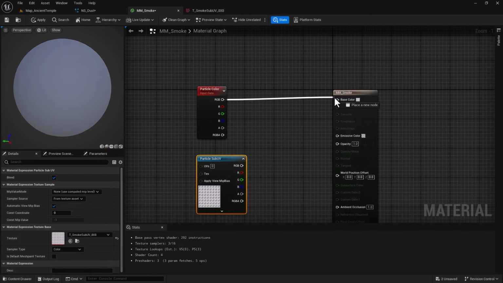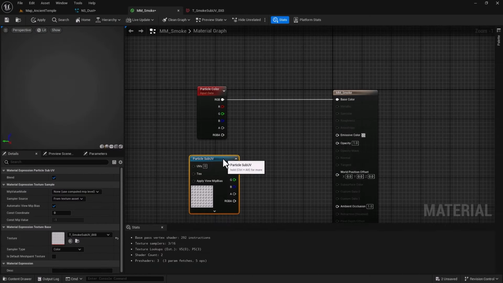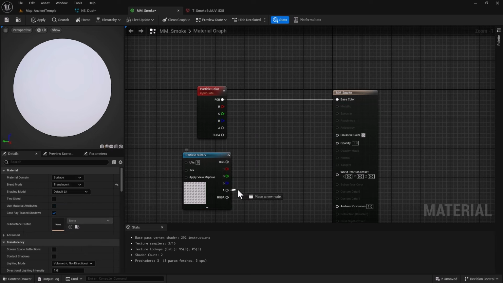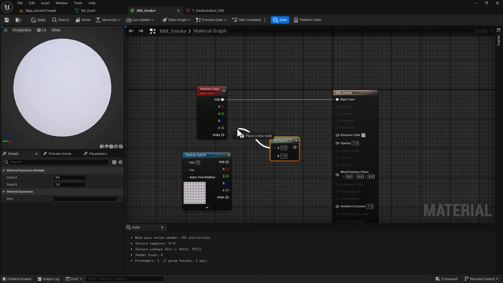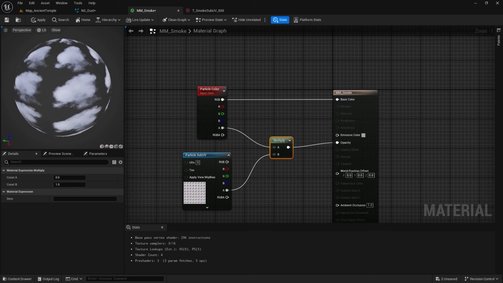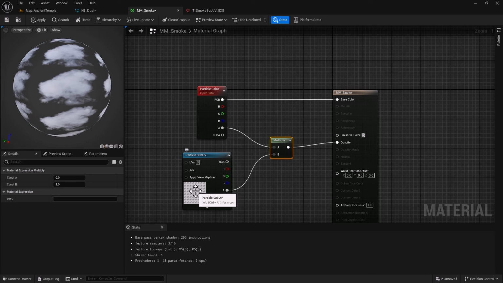Obviously RGB, go to base color, and I would like to get an alpha here and get an alpha here and multiply them so they go into opacity. So I'm going to hold down M on the keyboard and single left click, A to A, B to alpha of our particle sub UV, and the result goes into opacity. And what I'm getting is the puff of smoke, but the color of it will get controlled by